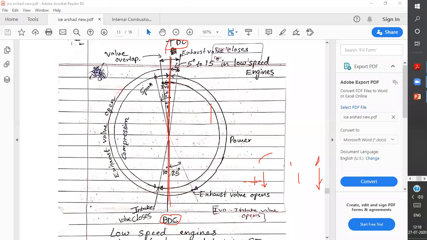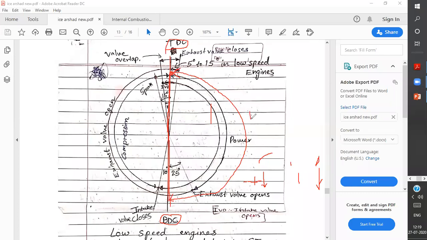In actual, the inlet valve should open a little bit earlier to get more efficiency, more advantages by allowing the inlet valve to open early. But in the theoretical cycle, what is happening? When it is at 0 degree, we are assuming the piston is moving from top dead center to bottom dead center. Here is the bottom dead center, and the 180 degrees of crankshaft rotation is done here. These degrees are in terms of crankshaft rotation. The crankshaft is rotating 180 degrees, and therefore the piston will move from TDC to BDC.